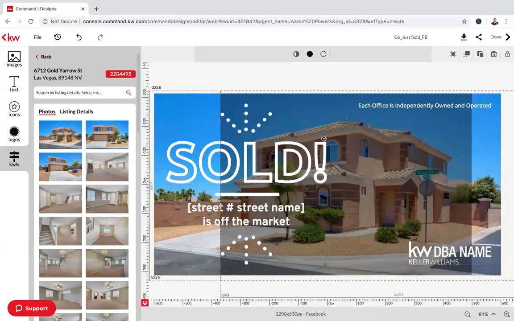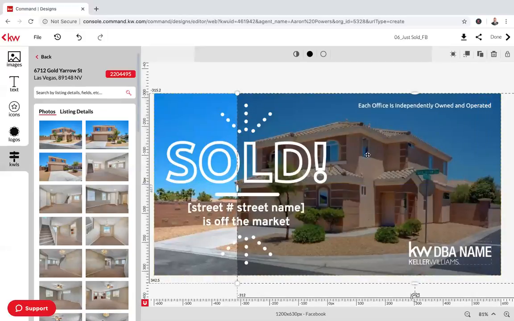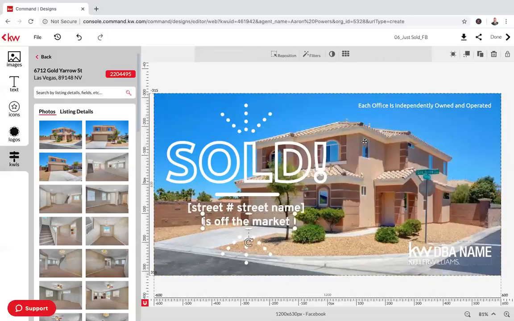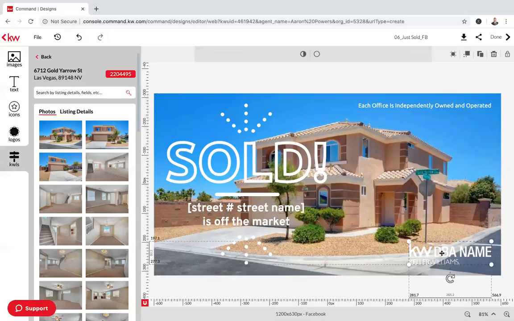So now I'm going to drag. Actually, let's see if we can just delete that. There we go. Okay, so this is where you'd put in the street name. It says is off the market. It already says sold for you. It says each independent owned and operated. Now, you have your Keller Williams logo right here. What you'll probably want to do is delete this,